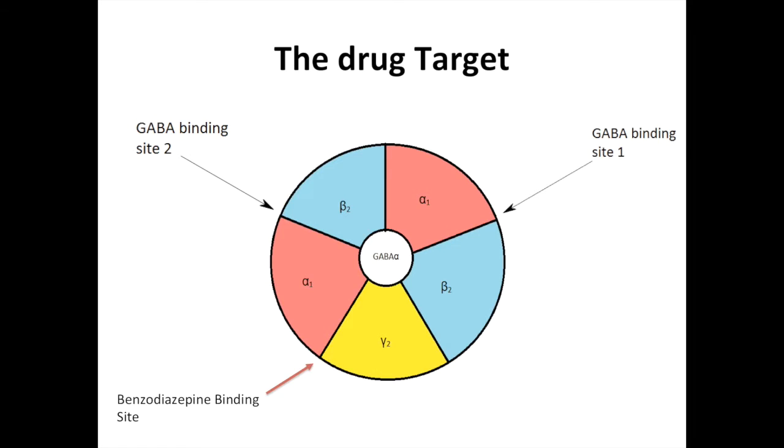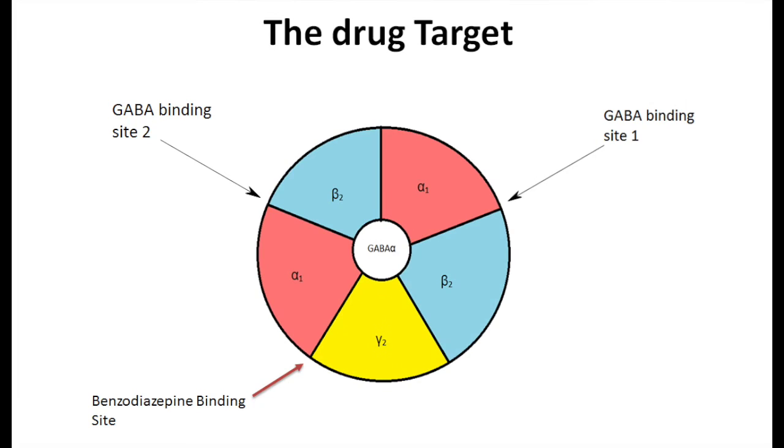Benzodiazepines bind to an allosteric site on the receptor, which does not trigger the same mechanism that binding to the active site does, but changes the conformation of the receptor to increase its affinity for GABA binding. By this action, benzodiazepines are known as positive allosteric modulators, because although they do not bind directly to the active site, they still bind in a fashion that increases the average time the receptor spends open. Benzodiazepines can bind in a variety of sites, and each binding site has a different effect on the conformational change of the receptor.